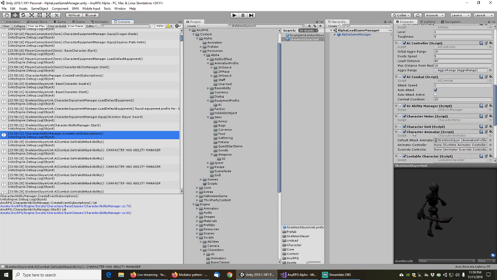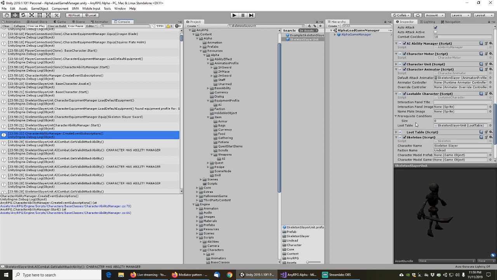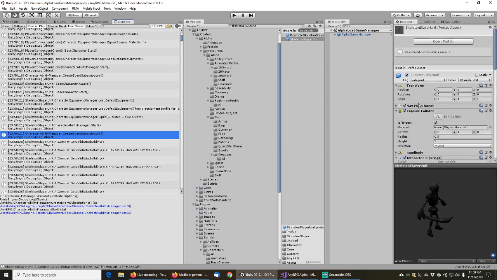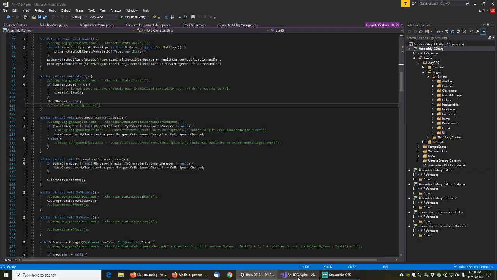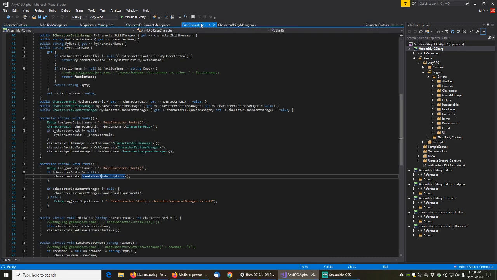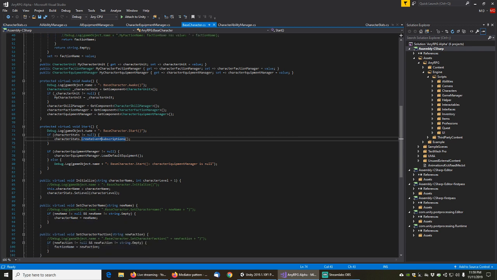And you wouldn't necessarily expect that because they're just basically copies of the same object, but that is indeed what is happening. So how do we get around this? Well, let's just go take a look at the code behind this. We have in our code here a base character, and if we look at the base character here,